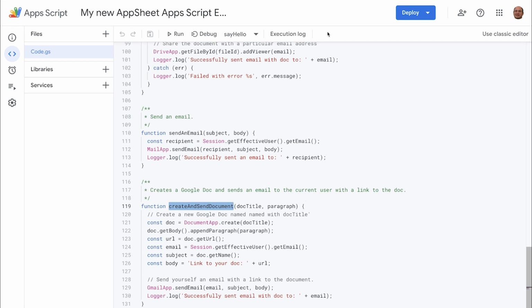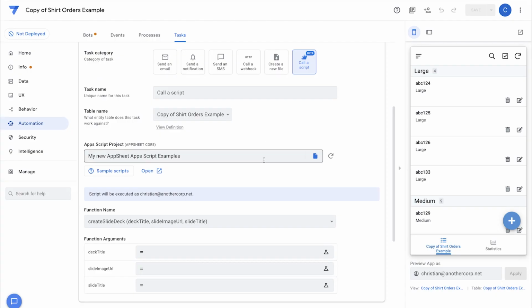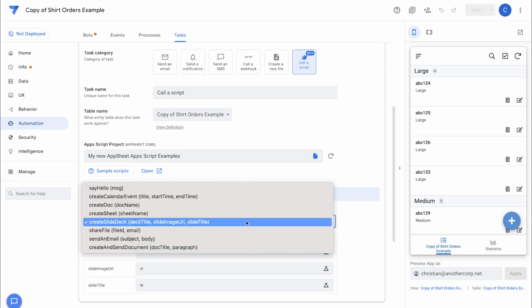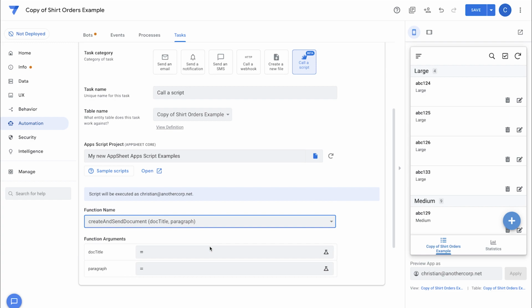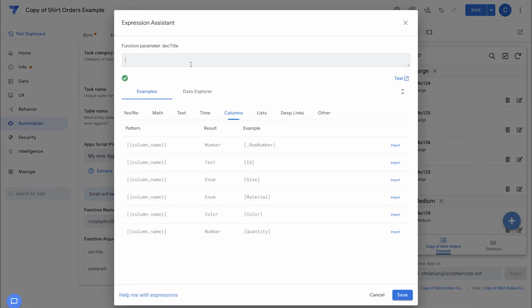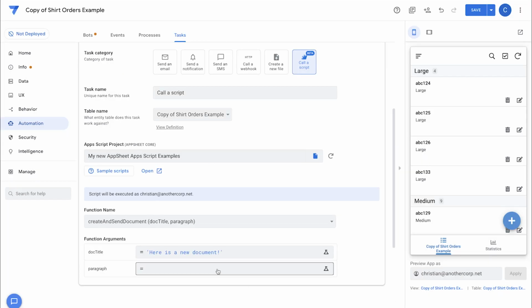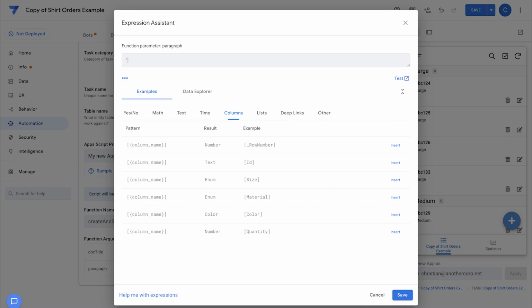All right, so let's switch back over to AppSheet. And instead of the create slide deck call, I'll call the create and send document. And I'll pop open the expression editor, a new document. I'll just give it a simple title. And that evaluates correctly. And then here I just put some example text here.